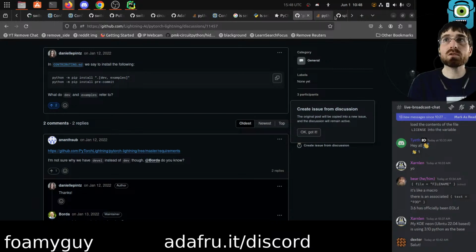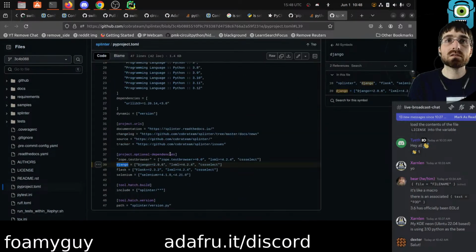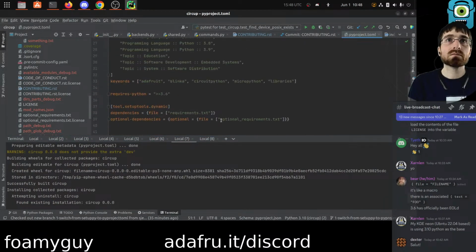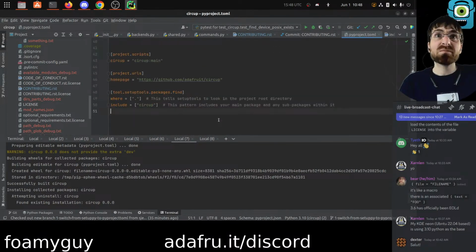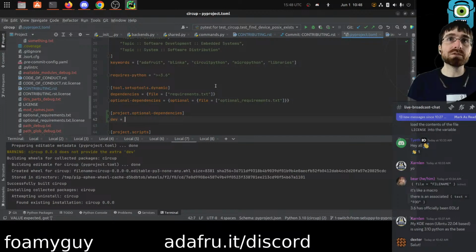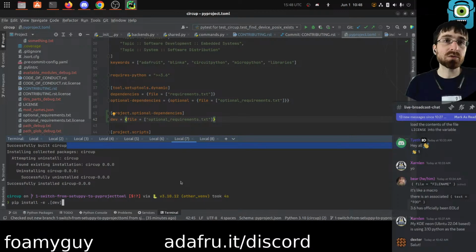What if we were, though, to make one of these? Be with the rest of these, I think, right? And then make a dev equals, and then make a file. Just copy this. I mean, that feels to me like it should work based on the couple of things we've seen, but